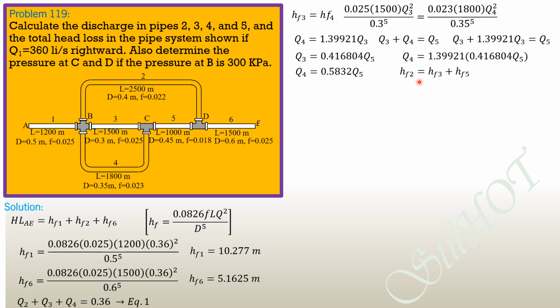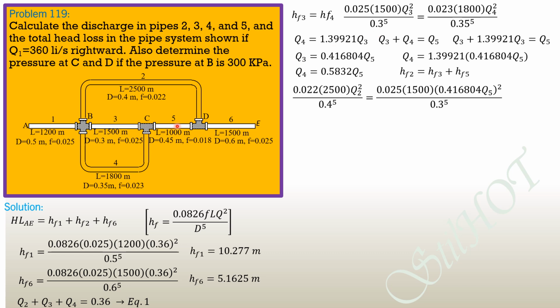It will be cancelled. So HF2, 0.022 times 2500 Q2 squared over 0.4 raised to 5 equals HF3, 0.025 times 1500 Q3 squared, wherein Q3 is 0.416804 of Q5, so quantity squared over diameter 0.3 to the 5, plus